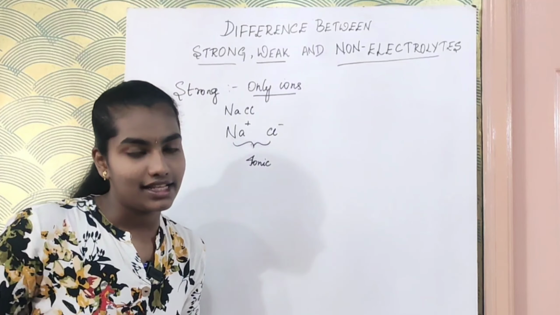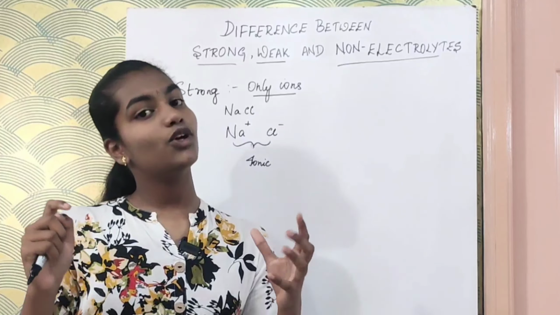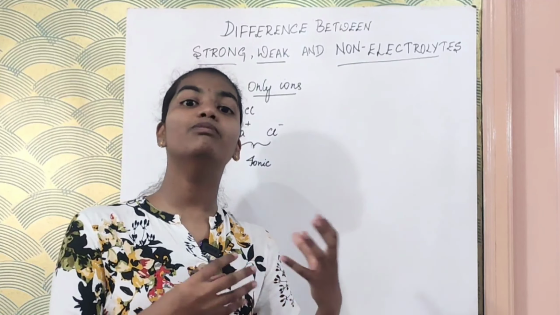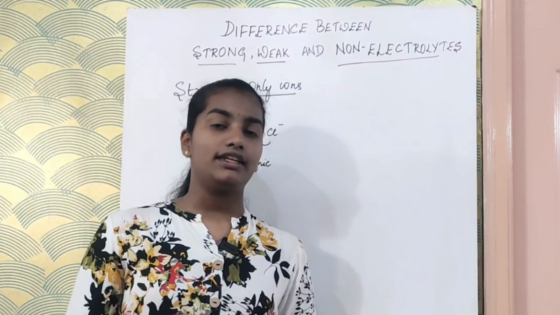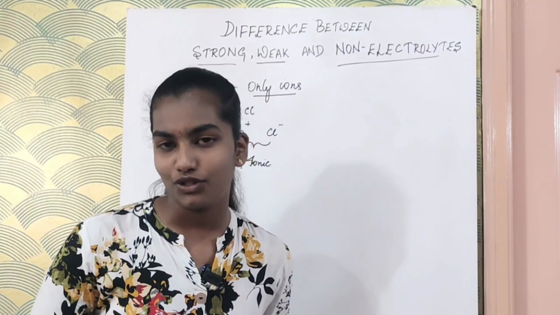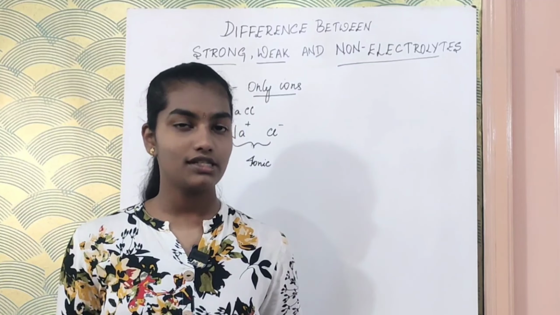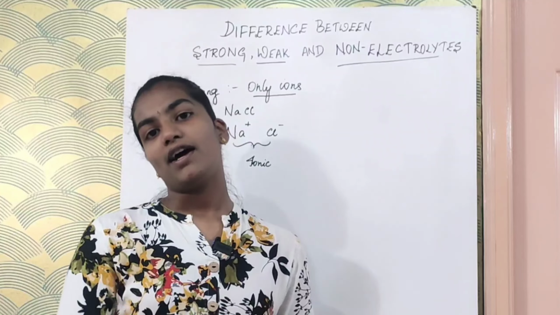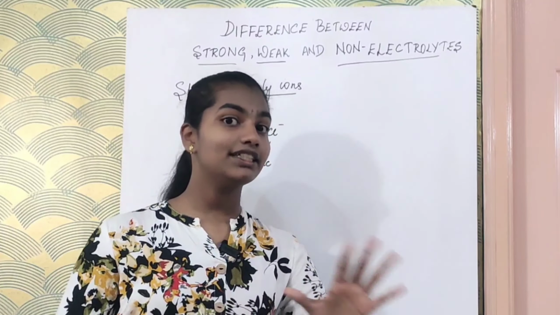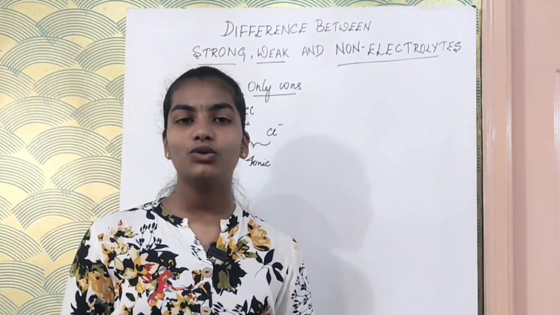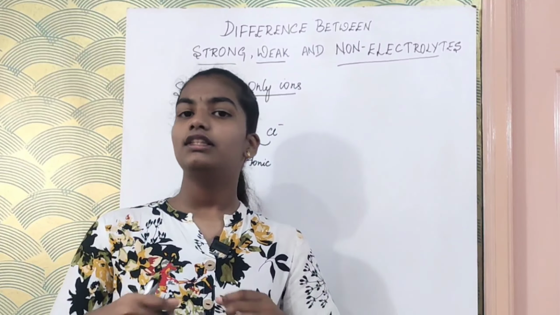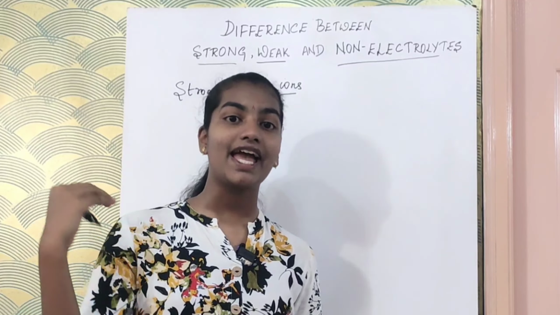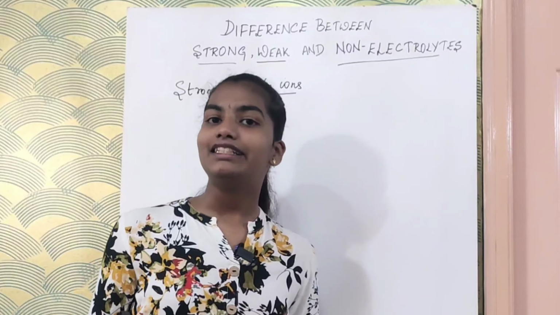And there is an exception. We know that in covalent compounds, electricity cannot be passed. Why? They are made up of molecules, not ions. Still, there is an exception. What are the two types of covalent bonds? Polar and non-polar. Electricity can be passed through polar covalent compounds, but not through non-polar ones. Why is that so? Because in polar compounds there is a large difference in electronegativity, which is why they can pass electricity.